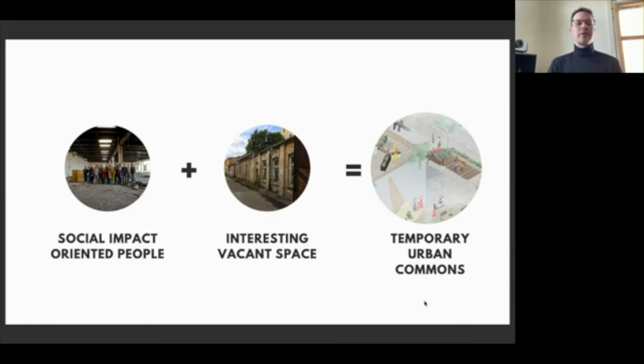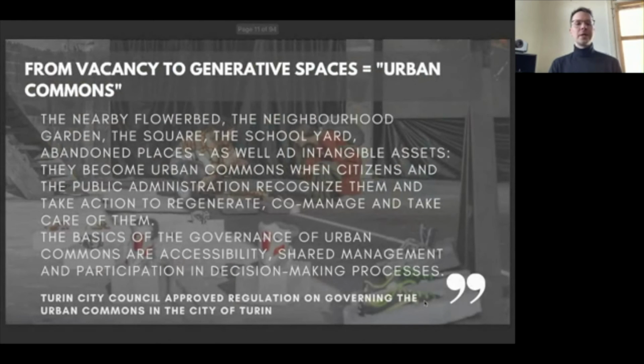And that is together creating temporary urban commons. To define urban commons is basically a way how people put together their effort to create a common resource. So space can be a resource, and also people's assets can become resource, like tools that they have, time that they have. And in this way, vacancy can turn from unused liquid space into generative space, and many cities are using this approach in their policy and recognizing this